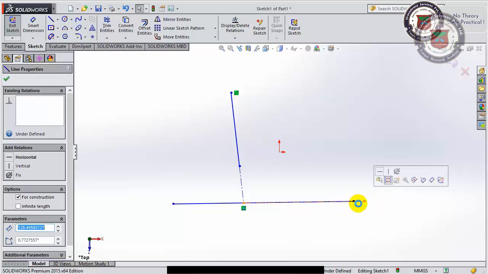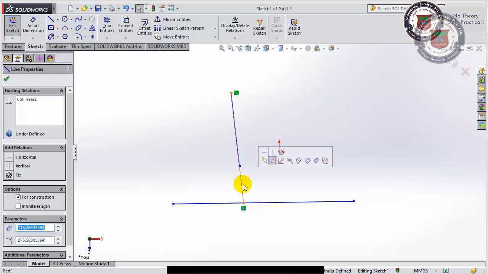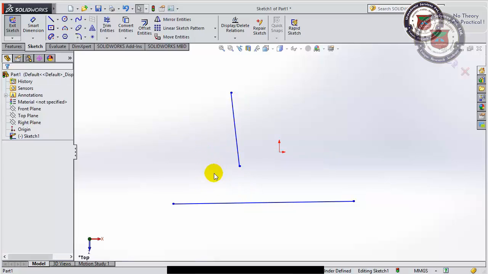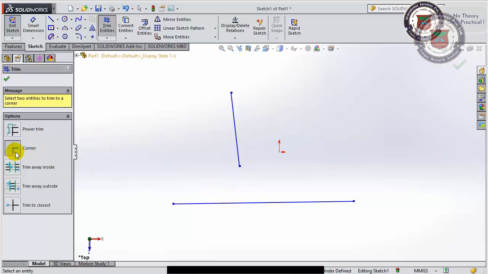So how will I decide how to act upon the corner command to make sure that I make the corner in the desired direction? Let me show you. This is the corner command. I have clicked on this line. Now if I click on this side, it means the corner will be made in this direction. You can see that. Now once again I have clicked on this line. Now if I click on this side of the line, I have decided to make the corner in the opposite direction. So this way the corner command works.